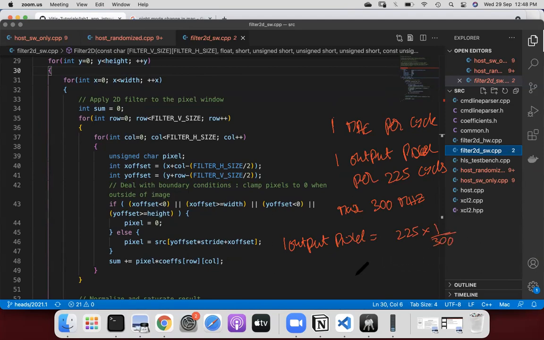So this is the time that we need, the time required to generate. Clock is 1 over frequency, right? So this is what we have, and the throughput will be 300 by.